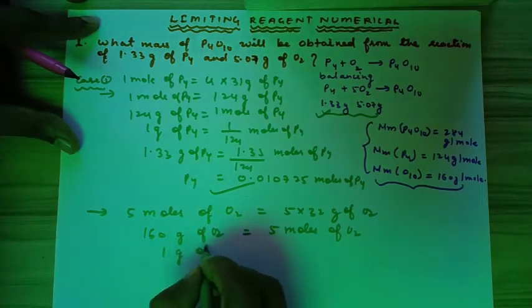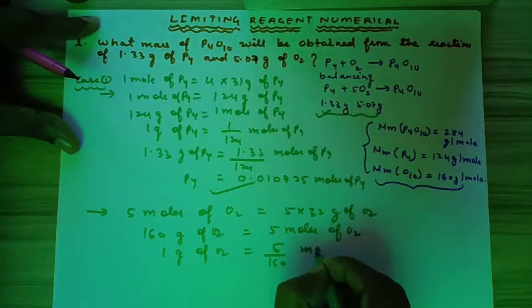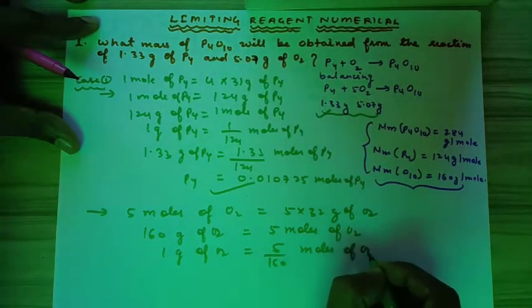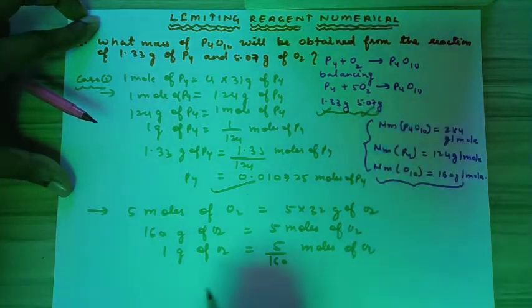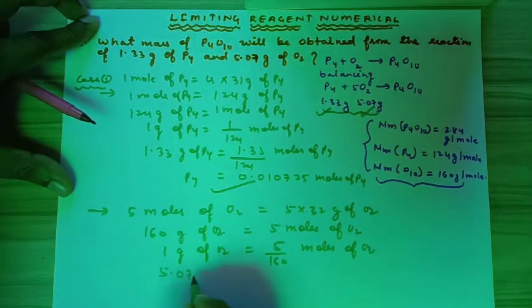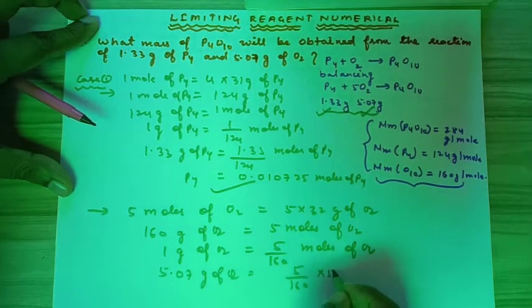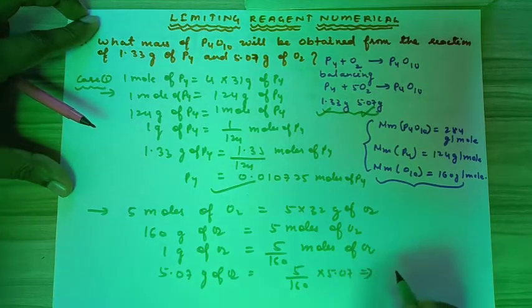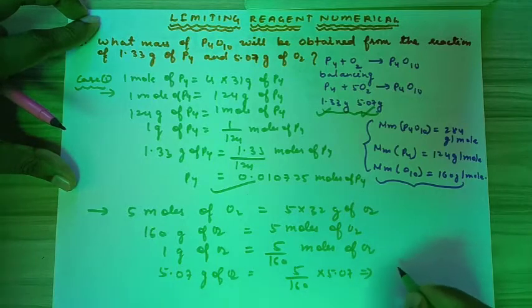So 1 gram of O2 will be 5 by 160 moles of O2. So we have to obtain it for 5.07. So 5.07 gram of O2 will give us 5 upon 160 into 5.07, and this will provide the value of about 0.1584